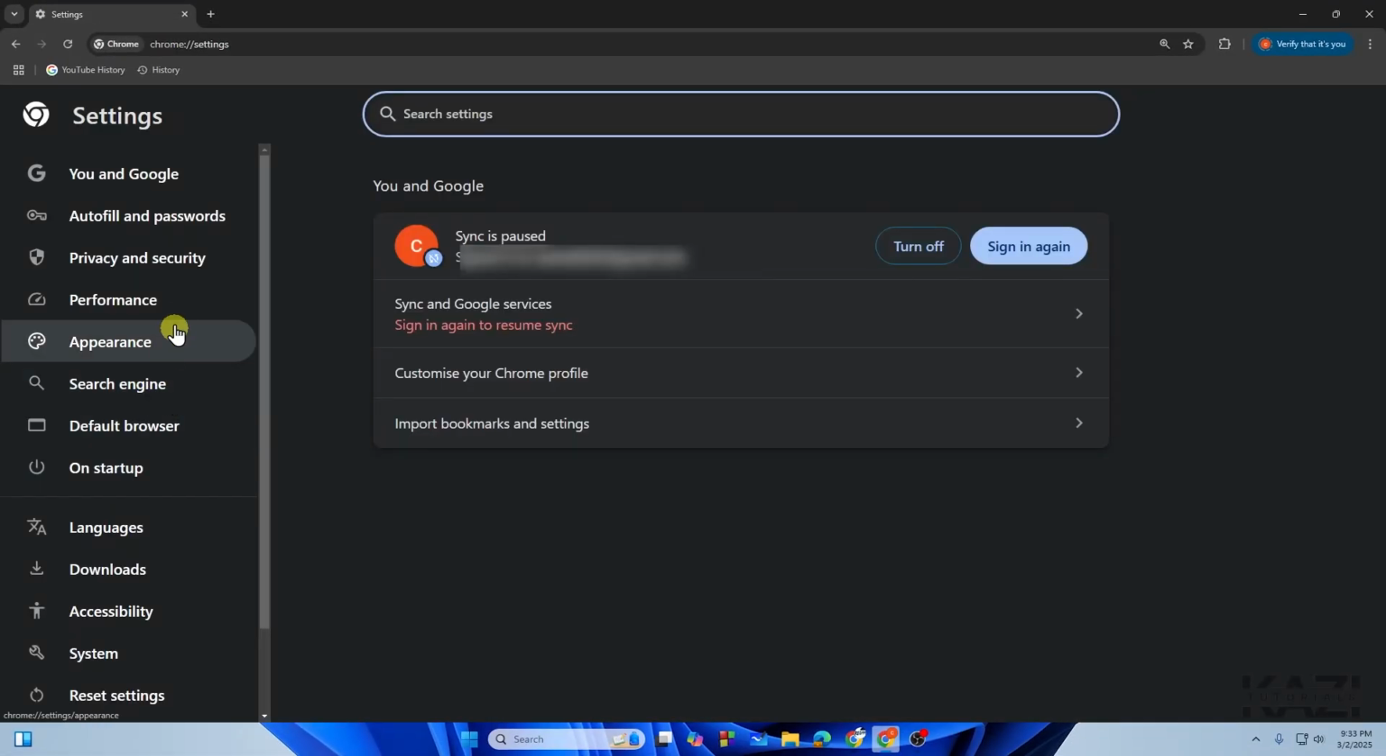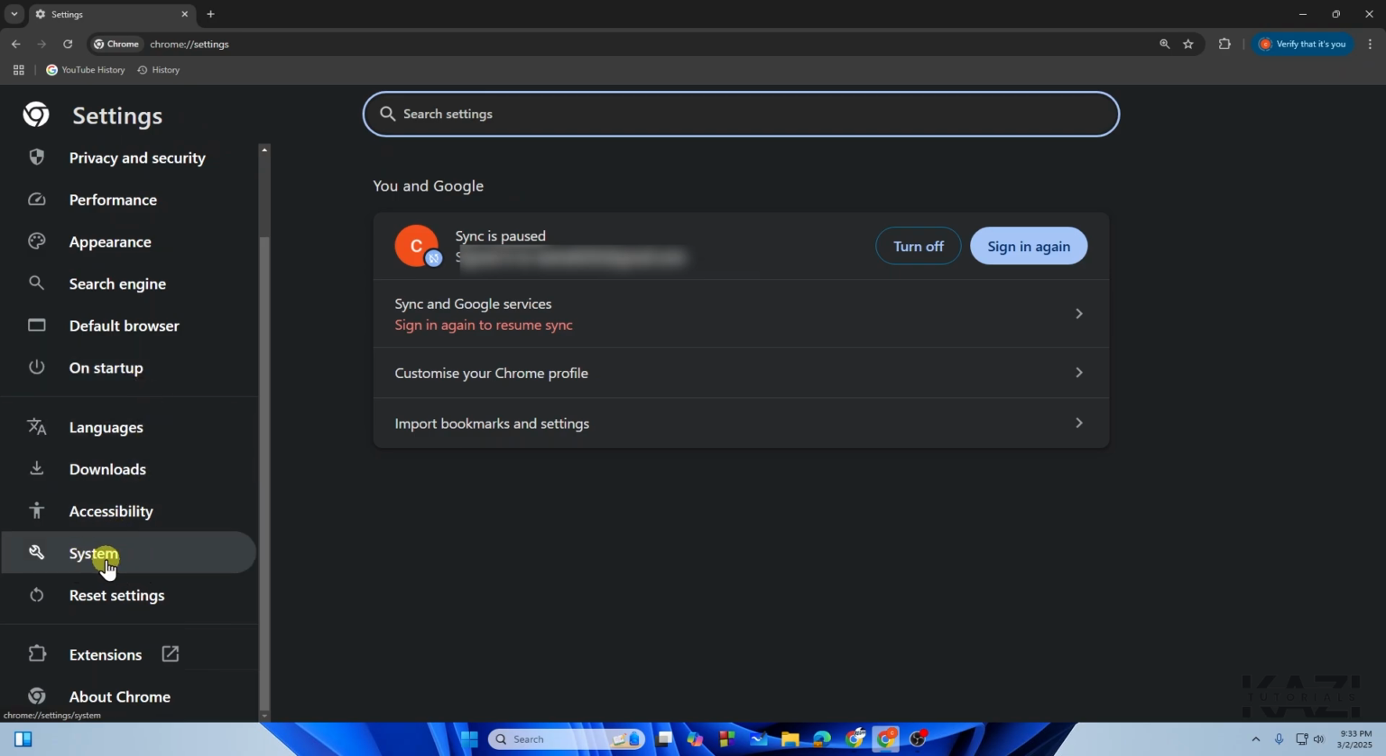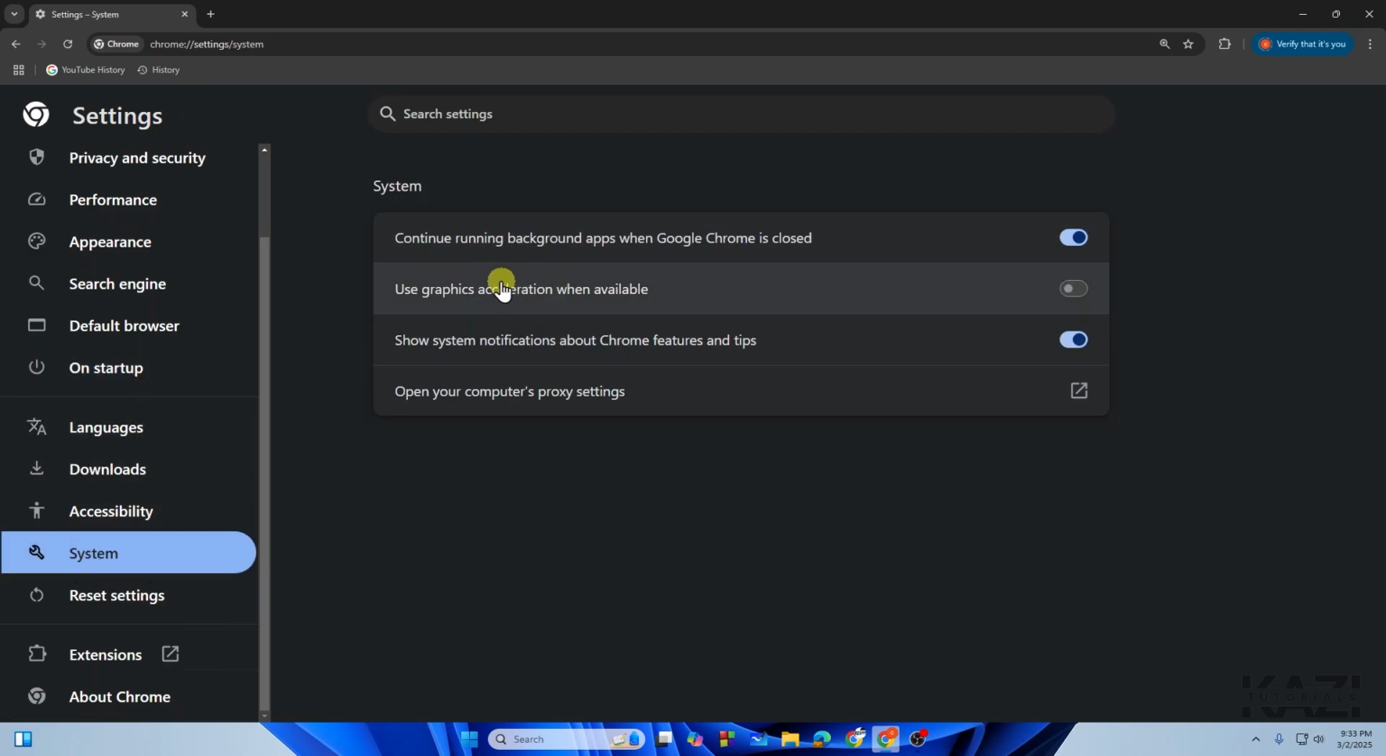Now after that you need to go to the system option, and from here you need to turn off the use graphics acceleration when available. Mine is already turned off. If you have this turned on, you need to turn this off. So basically it will fix the issue for you,